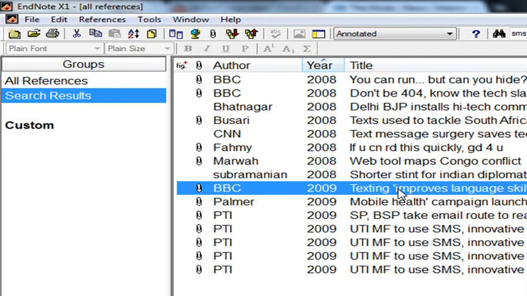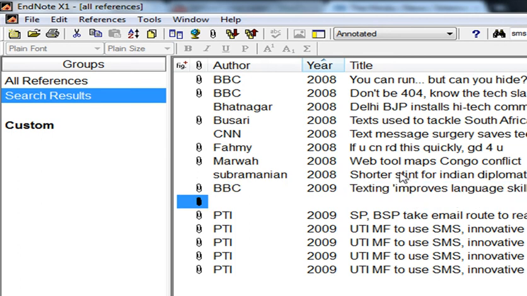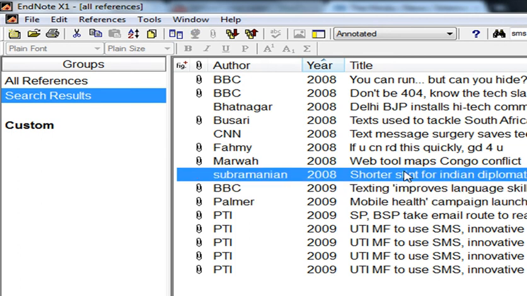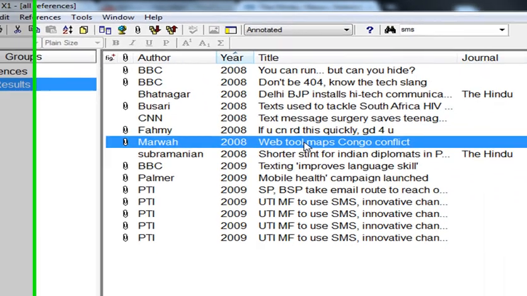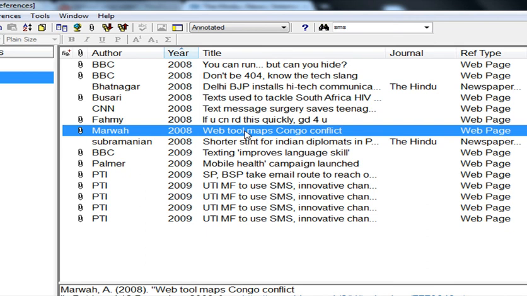But the only difference between the EndNote video which you are seeing right now and the one available on the website is that this video is very simple, and it has been prepared according to your needs, whereas the EndNote website video tells you many things in detail, and ultimately you are confused what to do and what not.